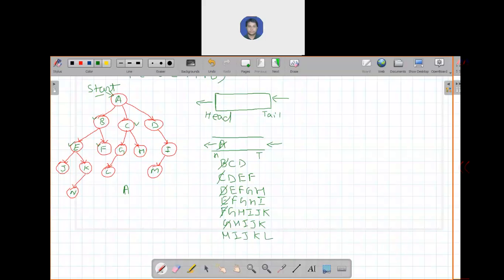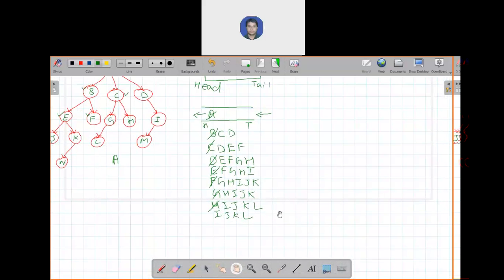Now remove this state H and start exploring state H. From this H state you cannot go anywhere. Means there is no path. So you just leave it as it is. There is no need to enter any state because there is no way from state H you can move.